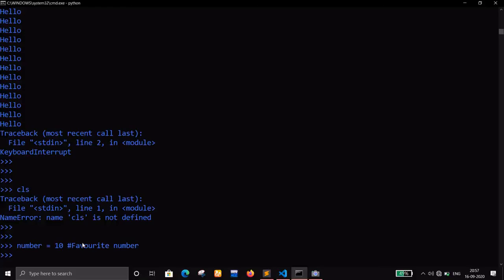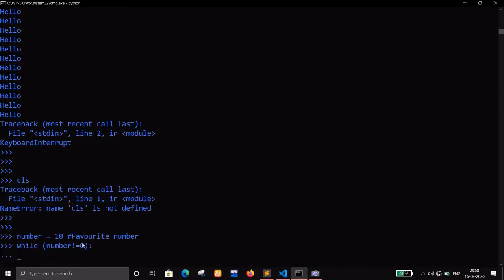How will I do this? While, and where do I have to stop? 0. While number not equals to 0. This is the not equals to symbol, okay? That means while number is not 0, use a tab, always use a tab,